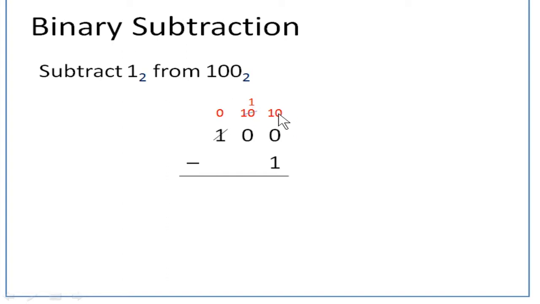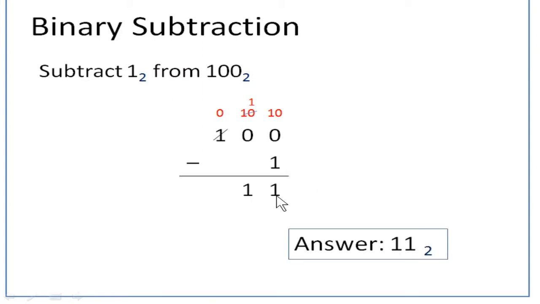Since you already know decimal subtraction, you will understand this. So 10 minus 1 is 1, and then you do 1 minus, you don't have any value here, so you got 1 here, so you have to write it as it is. So 1 will be written. So the binary value for 100 minus 1 is 11. So it is 11 base 2.